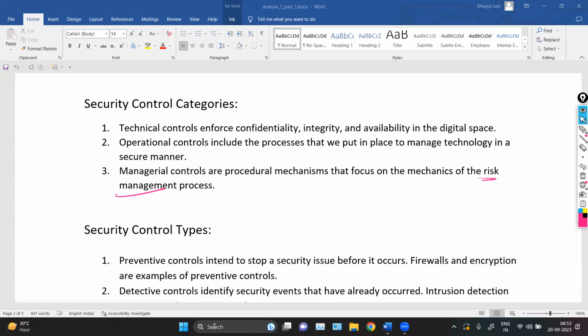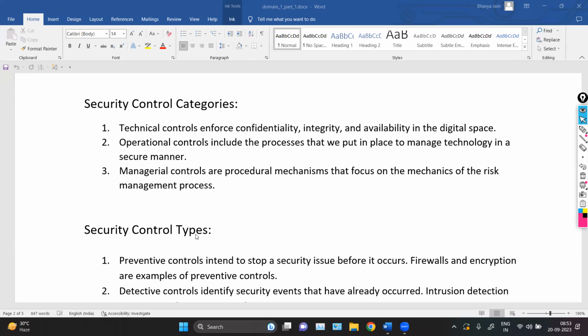But for now, we have three security control categories, like how we can control or apply security. Okay, so we can apply technical controls, like applying confidentiality. For example, we are securing the data in digital form, by applying encryption or any security mechanism, but digitally.